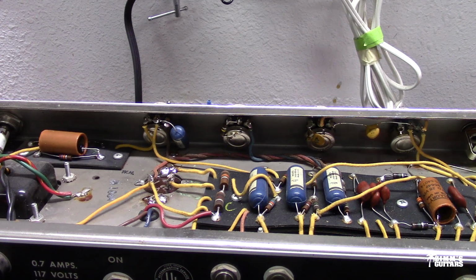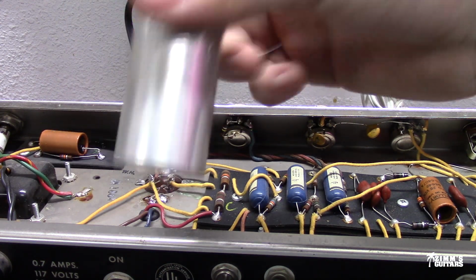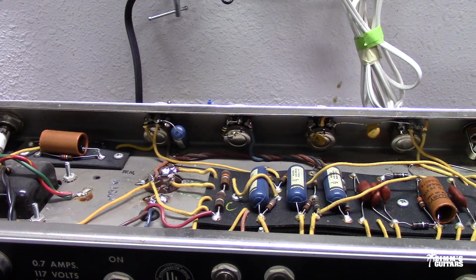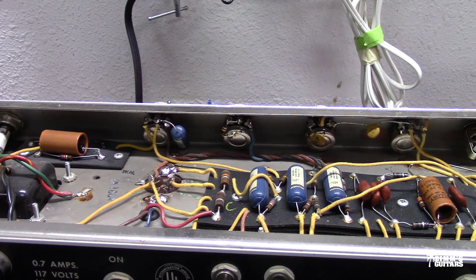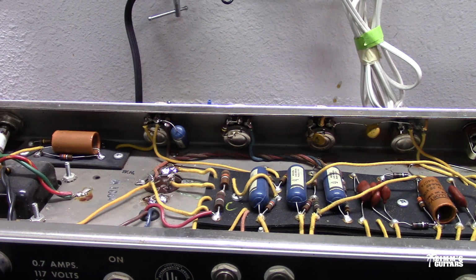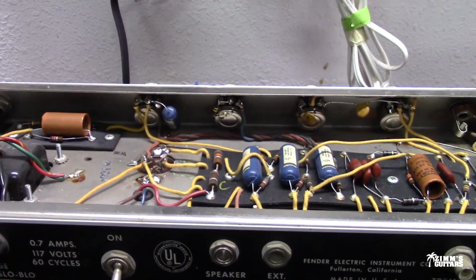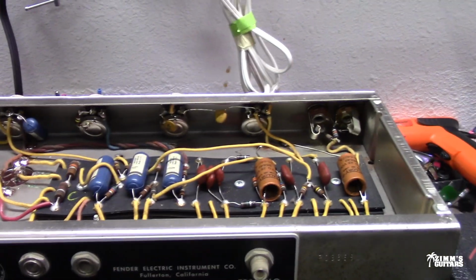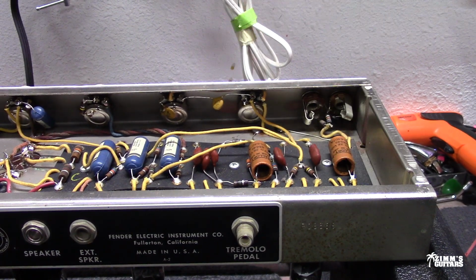Okay, so we got the new can capacitor in there, and here's the old one. You can see this one's Astron, and it looks like it's dated 6402. So second week of 1964, which would align with this amp, and it should be running a lot stronger now. I was testing out the voltages, and everything seems to check out perfectly fine, and seems like it's good to go. One other thing that I did want to mention was that this is the 6G2 brown face Fender circuit, but since this is a transitional model, the volume pot in a lot of these is 250 kiloohms,